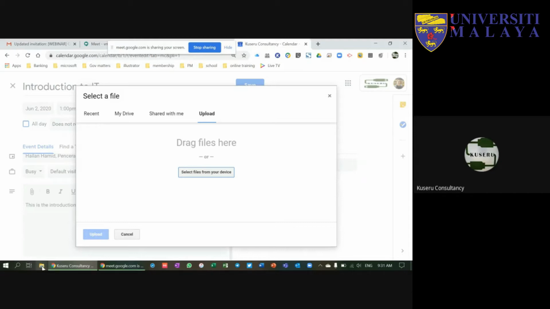Okay, I believe that for email, the Google Drive is quite big, around 1 terabyte. Yeah, that's why I've been informed. So you don't have to worry about the size. Yeah, because